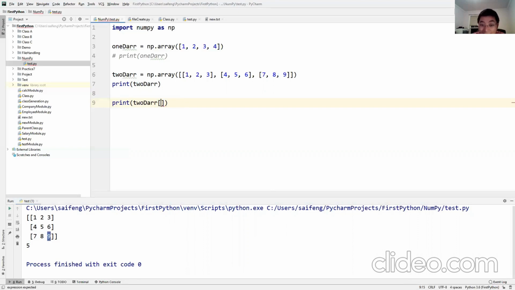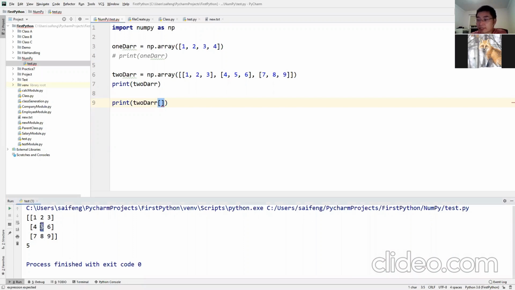Okay, fellas, try to print out 9. What's the index for 9? Hello, fellas. Hi. Yeah, you get my question, right? So we just tried to access the value 5. We said we're using index 1, comma 1. Now I'm asking you, if I wanted to access value 9, what index would I use? I don't know.